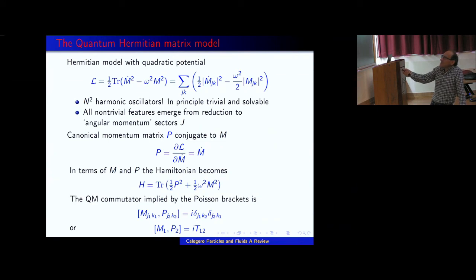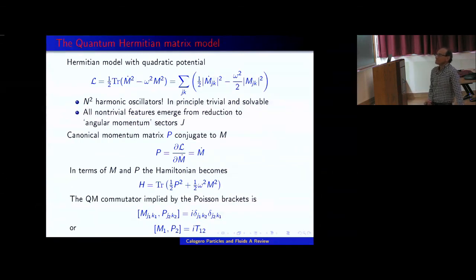So this is actually the sum of n squared independent harmonic oscillators. Each matrix element of M becomes a harmonic oscillator, or if you wish, the real and imaginary part of each matrix element becomes a harmonic oscillator. So n squared harmonic oscillators, quantized, done. We did it. All the non-triviality in this is to re-express the quantization of this system in terms of the variables of interest, which are the eigenvalues. So all the interesting stuff is how do you relate those oscillators to the eigenvalues? Let's do that in a few steps.